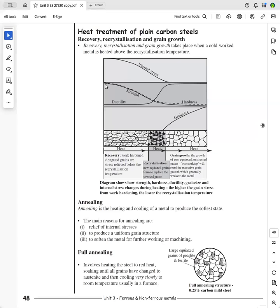So you can see here that they're stronger when they're work hardened, and they're harder. You can see the hardness here is quite high. But the ductility, the more work hardened they become, the less ductile they become. Remember, ductility is the ability of a material to be drawn into wire without fracturing. And so when it hits the recrystallization area, the ductility increases. And so make sure that you understand this, because this is a good indication of what happens when you recrystallize